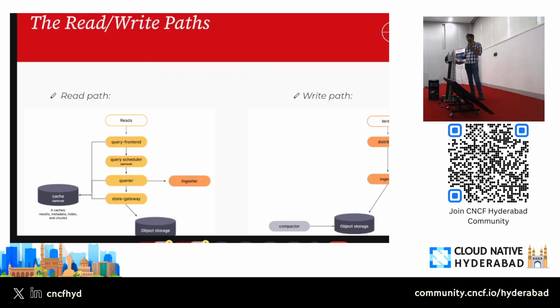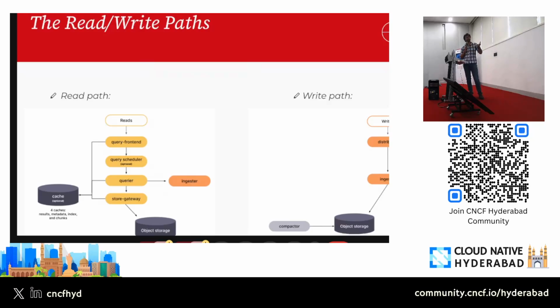So once the metrics are stored in object storage, there is a component called compactor. What it does is help you save on storage. It will reduce the object storage cost by removing duplicates from multiple replicas of the ingester, and it will make it easy for us to store all the metrics in the object storage. Now coming to the read path,